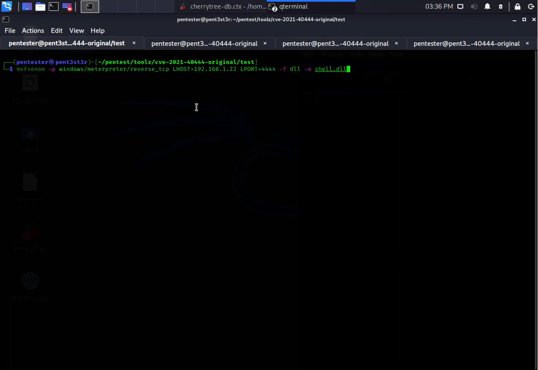So I'm going to use MSFvenom, which is part of the Metasploit framework, to create the DLL payload, which will be used to create the legitimate documents. Anyway, let's go step by step. First of all, I am going to run this command. So what this command would do is